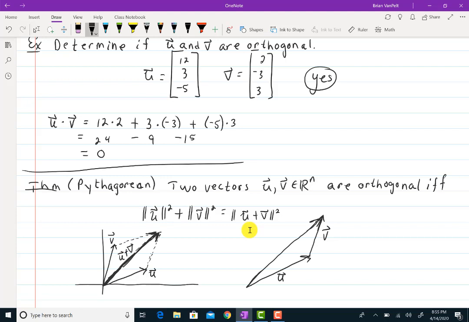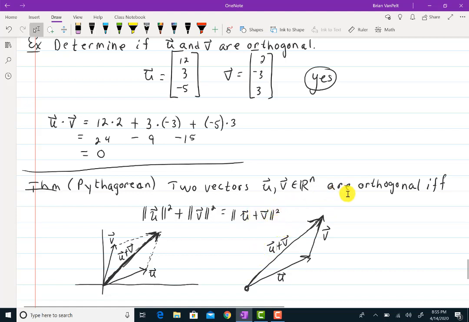This vector that starts here and ends up here is u plus v. All this is saying is that the length of this plus the length of this, those things squared, is equal to the length of the vector squared if and only if